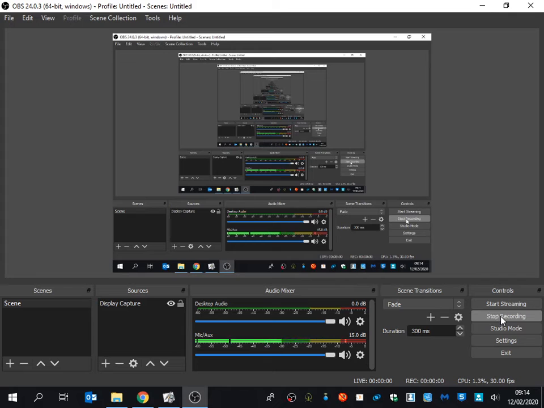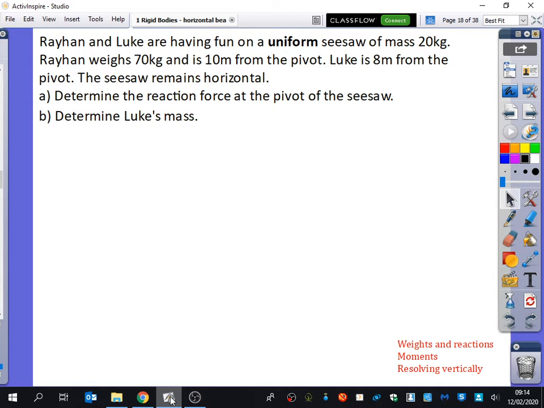To begin with, we've got Rayhan and Luke having fun on a uniform seesaw of mass 20 kilograms. Rayhan weighs 70 kilograms and is 10 meters from the pivot. Luke is 8 meters from the pivot and the seesaw remains horizontal. In other words, it's remaining in equilibrium. And we're going to try and determine the reaction force at the pivot of the seesaw, and we're going to